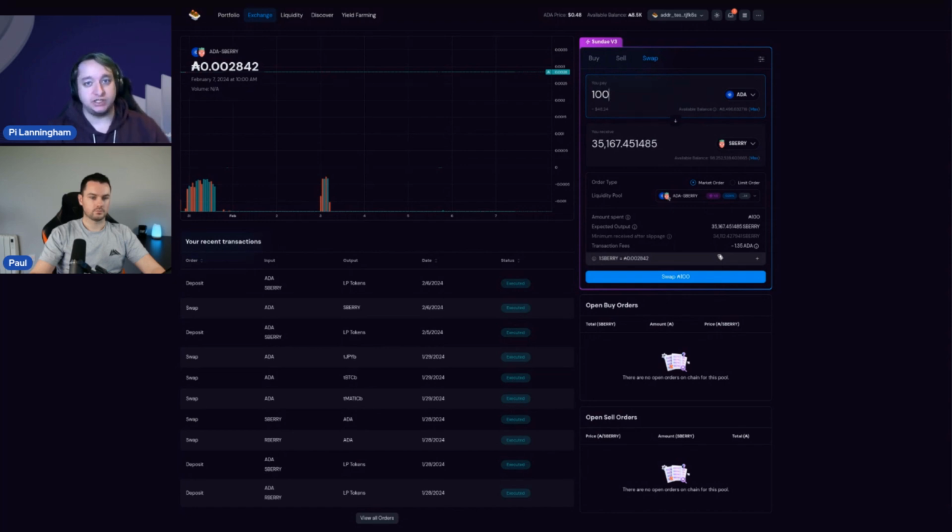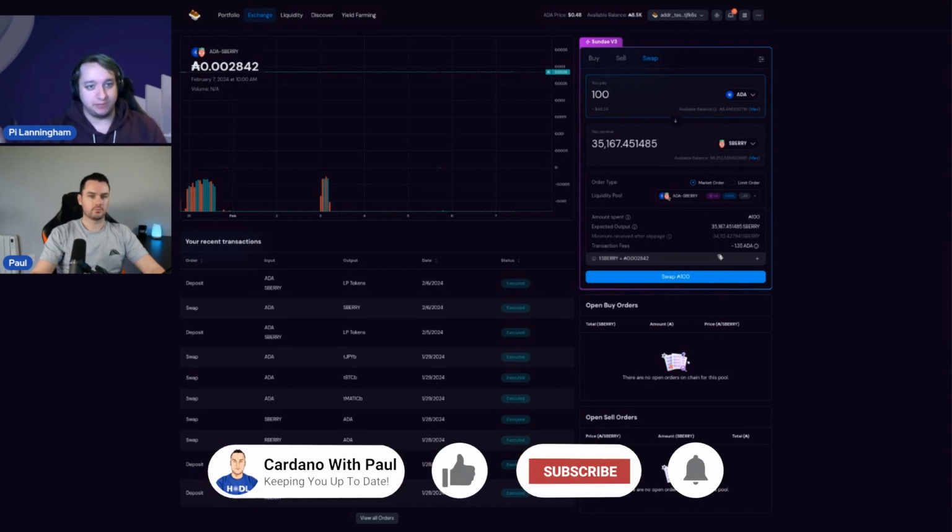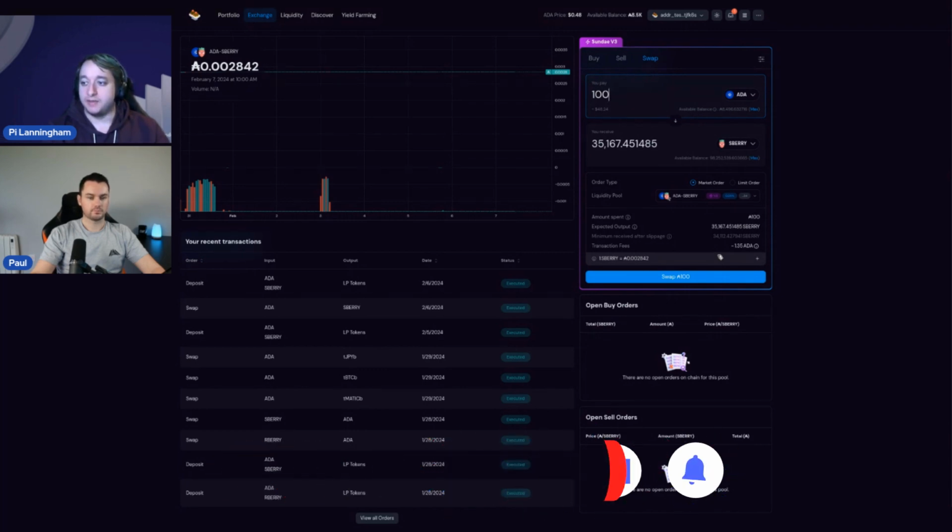So it'll actually be really cheap for people to swap and give Sundae V3 a try. And that's going from the current 2.5 ADA down to 0.5. That's compared to 2.5 ADA, basically 2.5 down to 1 with a temporary 3-month discount of 50%. And that's the protocol fee, and we'll talk a bit about that in a minute.